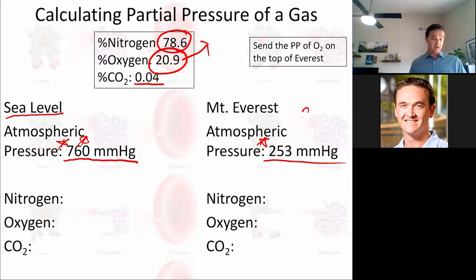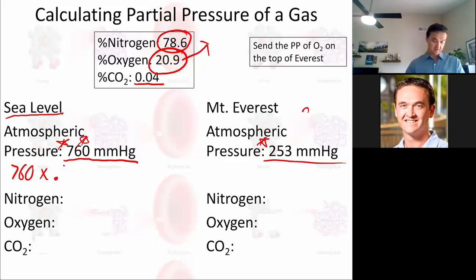Okay, so then the way that we calculate partial pressure, and really what partial pressure means, is that of that total pressure we have, of that 760, we can divvy that up to the contribution of each of the gases in the air, right? We know that nitrogen doesn't account for all of that weight on top of us, and oxygen doesn't, and CO2 definitely doesn't, okay? Each of them accounts for a little bit. And so we do that by a simple equation of just taking our total atmospheric pressure and multiplying that by